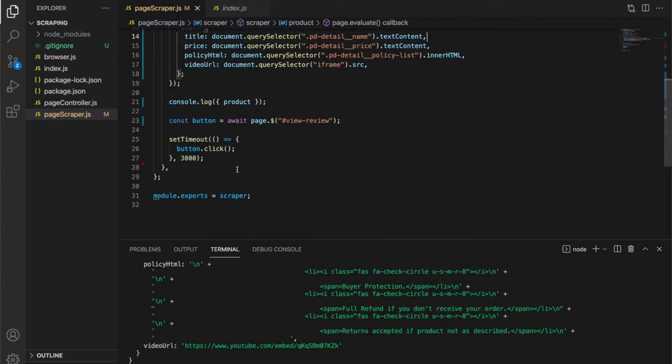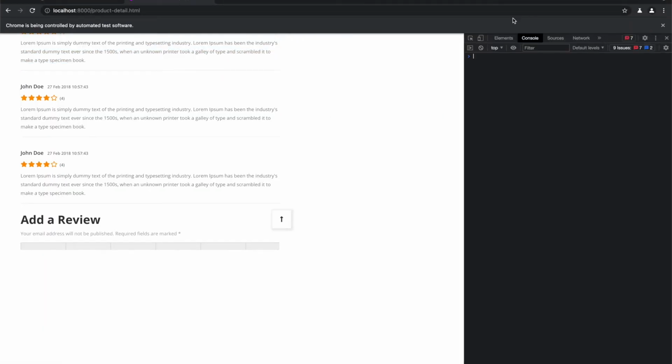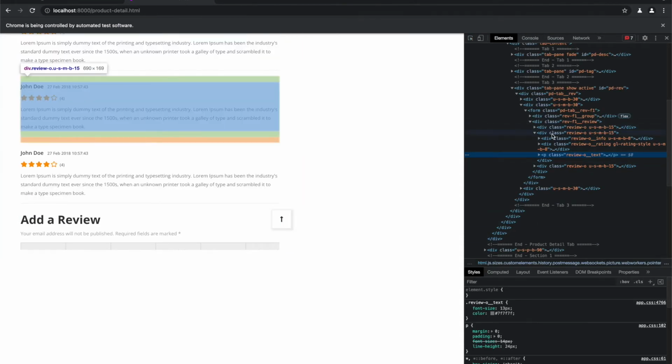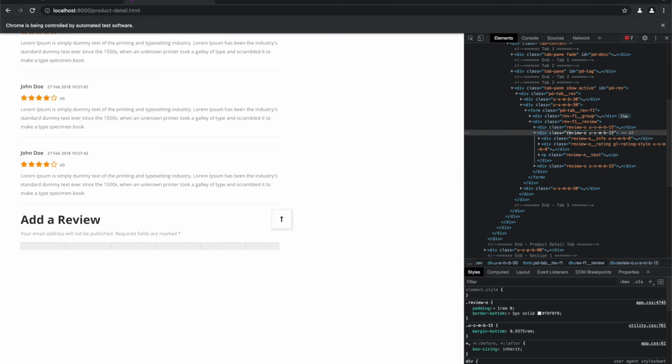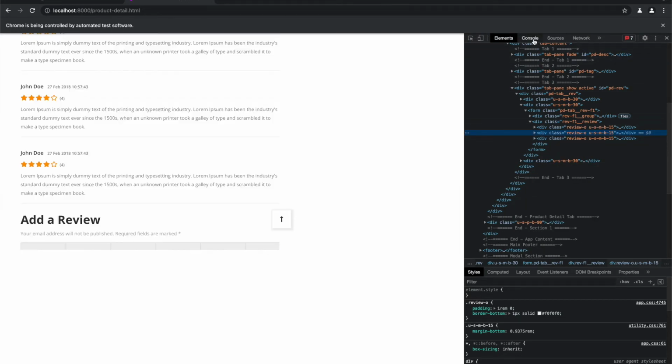So in order to scrape them, let's see what we can do about it. If we inspect element, as mentioned before, it has a review O class, which looks like a class that defines a review. Let's see if that's true.